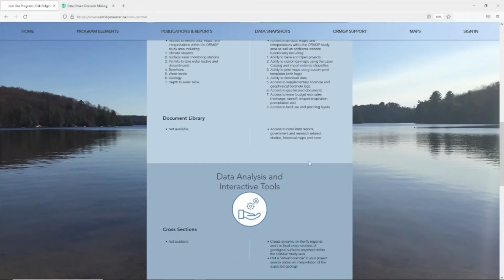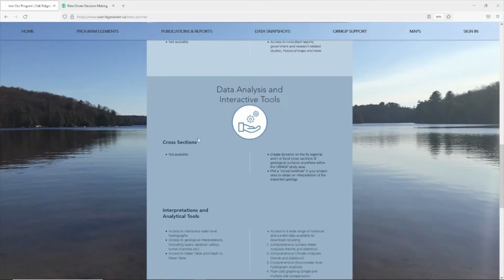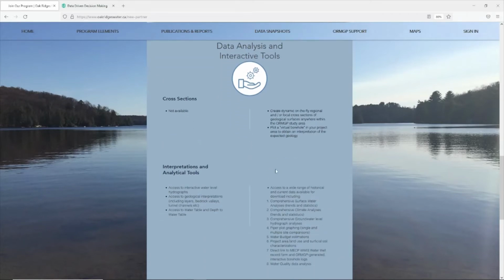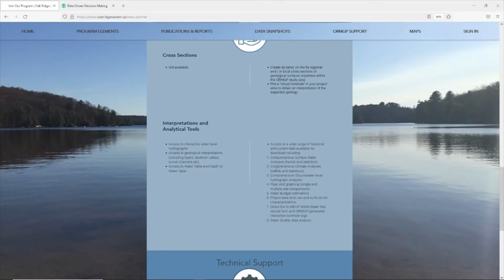And the other key thing that I want to talk about here is the cross-section tool, and I'll be producing another video on that in the near term. The cross-section tool in the web-based mapping portal is not available to the public, but it's available to partners as well. If you're interested in becoming a partner, you can contact us, but this table gives a quick overview on some of the features that partners